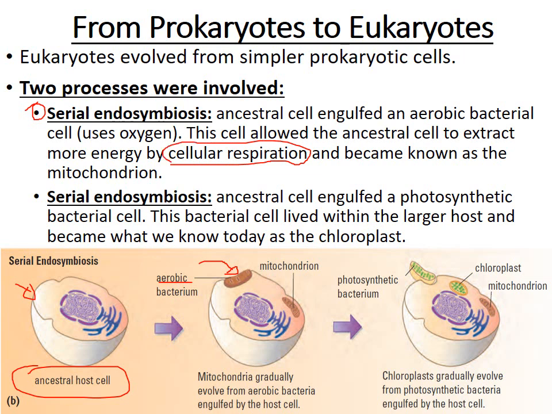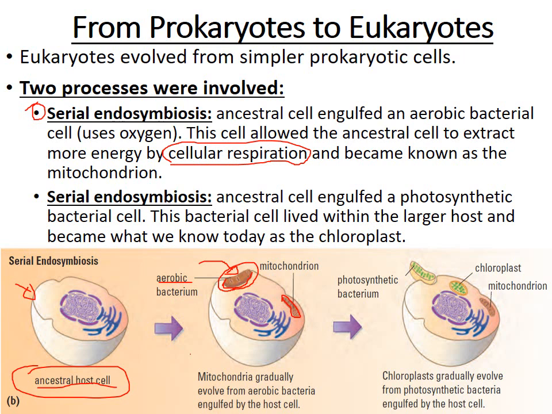Now what happens is, when a cell wants to eat, it goes near its food and essentially folds inwards to bring the food inside. And so that's essentially what happened. The ancestral host cell went near this aerobic bacterium and brought it in by pinching the membrane inwards. So this is part of the host cell membrane here. And so we brought that cell inside, and this was supposed to be our food. But what happened was we didn't break it down for some reason. It was actually an advantage to keep it within us